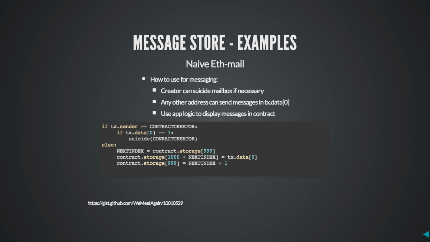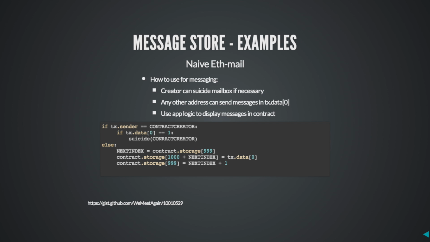I want to go over an example or two here. So I actually made a really naive Ether mail, or email through Ether. It does not have all the features of email at all, but probably you could add that on. So this is how you're going to want to use an email message or an email contract. I'm just going to go through the contract and then skip back up here. So the first line,